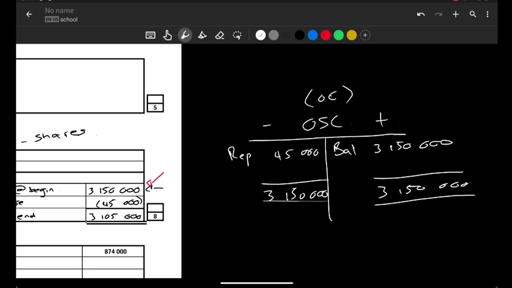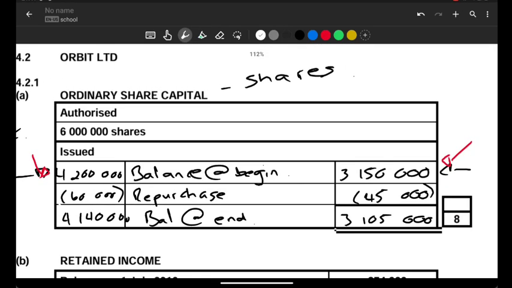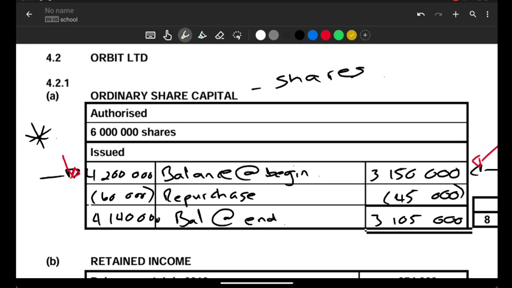And then what must you subtract from 3,150,000 to get 45,000? 3,105,000. Then that is going to be your balance carried down. This side is your balance brought down of 3,105,000. Right? So please, the big thing that I want you to be sure of is that this side, always